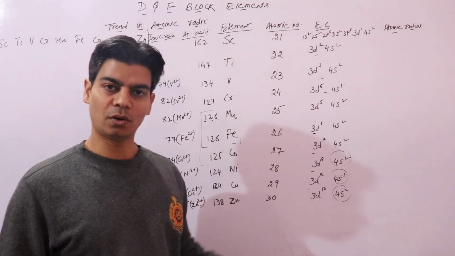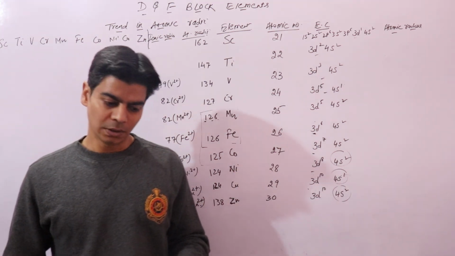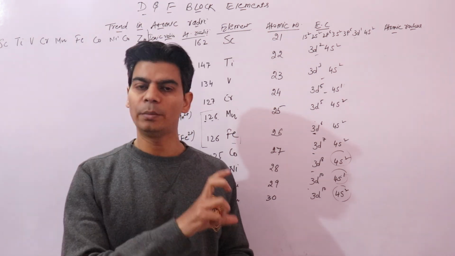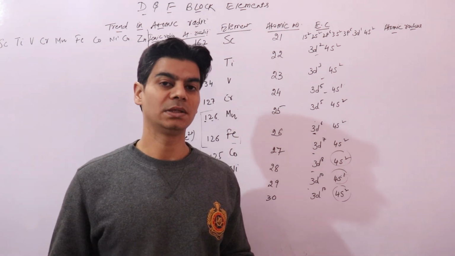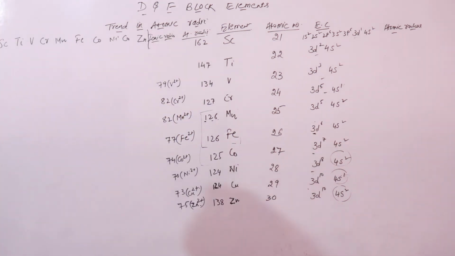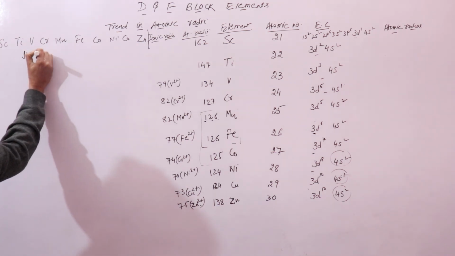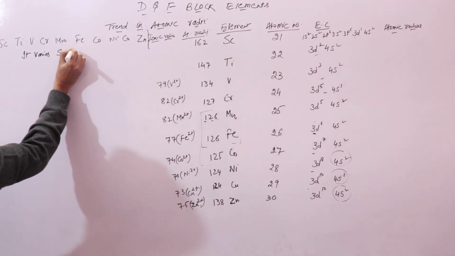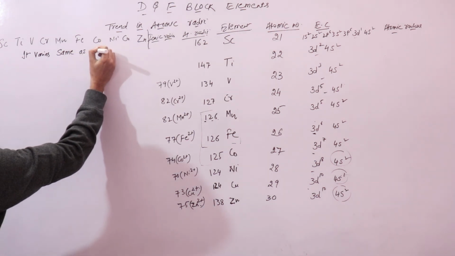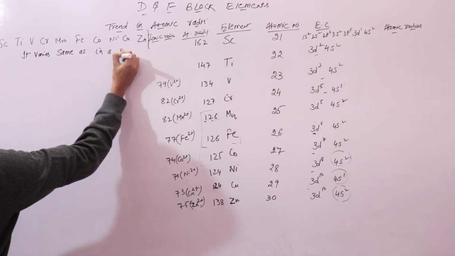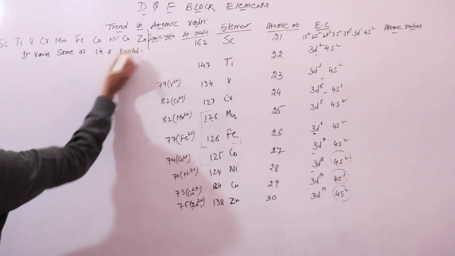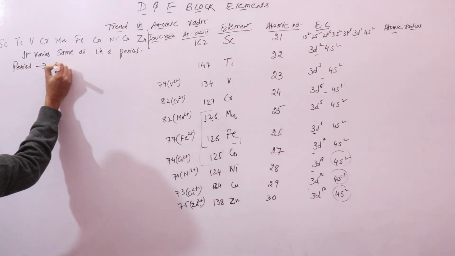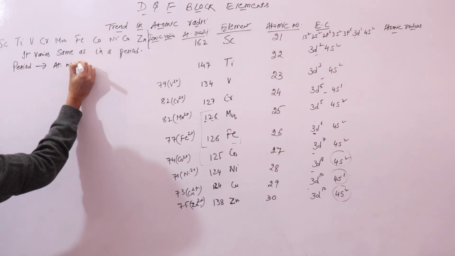So the ionic and atomic radii that we will see vary in a similar way as the atomic radii or ionic radii vary in a period. So it varies the same as in a period. And when we talk about a period, we know that atomic number